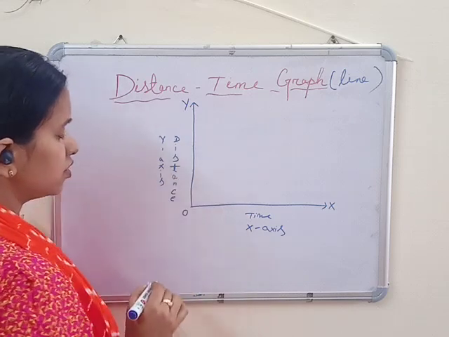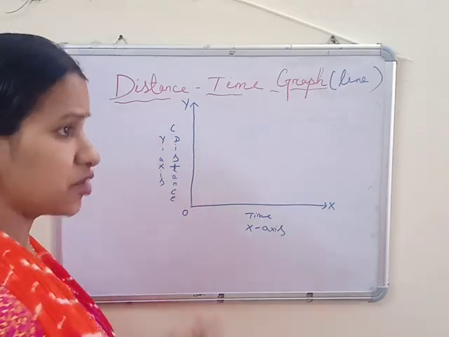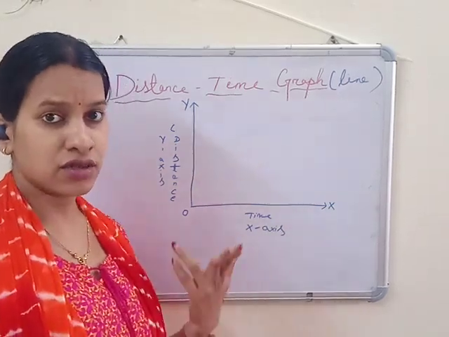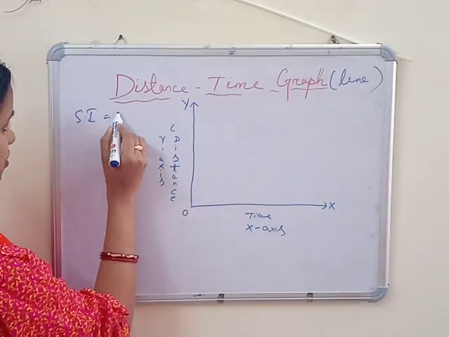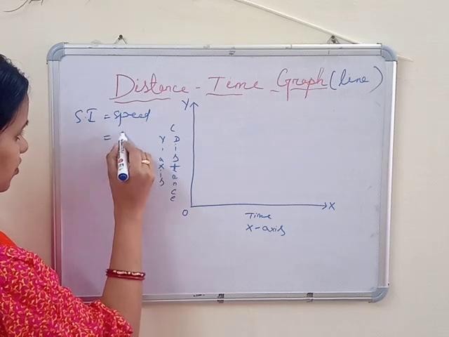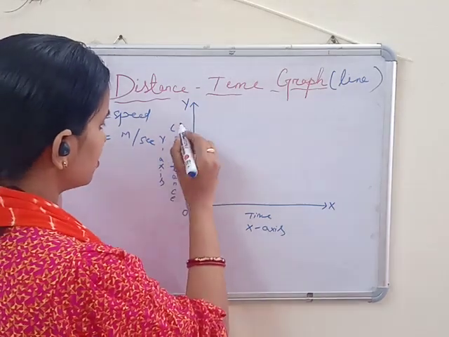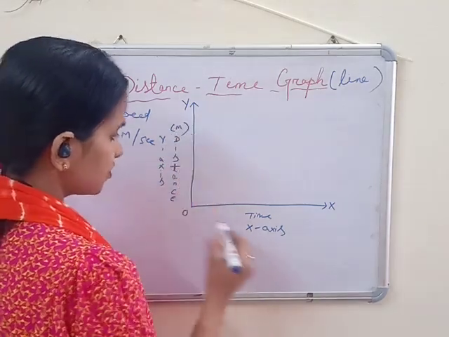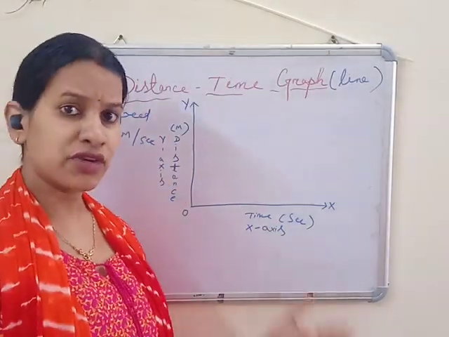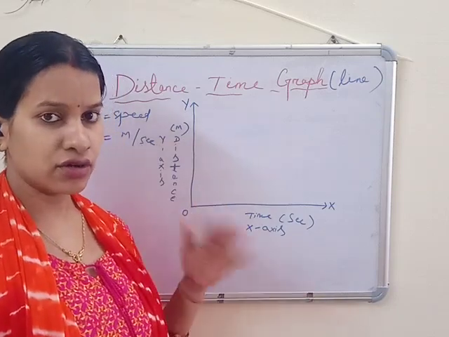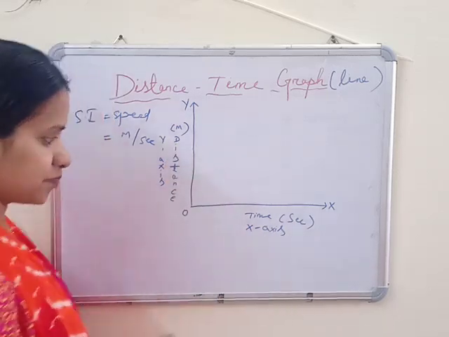Okay. So distance, because you know the distance time graph is going to help find the speed. So what is the SI unit of speed? Meter per second. So you have to mention the unit of distance over here, that is meter, and for time we will take second. It's not mandatory; you can take kilometer also, according to the data given to you. So I will take distance in meter and time in second.